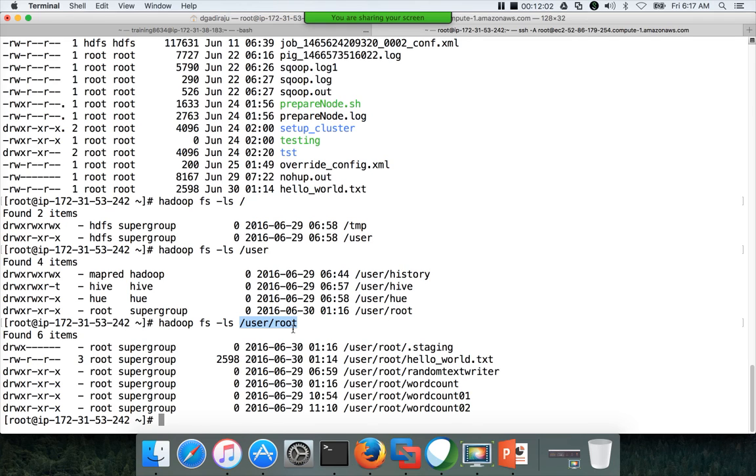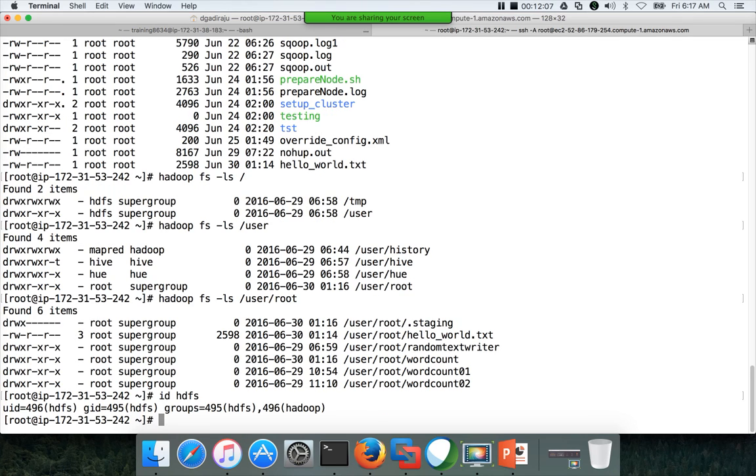The terms are a little bit confusing: there is an OS user called HDFS, and we are also talking about HDFS itself. If you want to take care of anything as super user in HDFS, you have to perform those actions as user HDFS, like root in Linux. Root is the super user in Linux. Similarly, HDFS is the owner of the HDFS file system, or he is the super user who can do anything in HDFS.